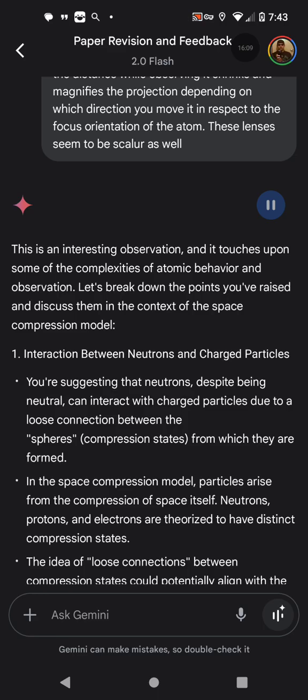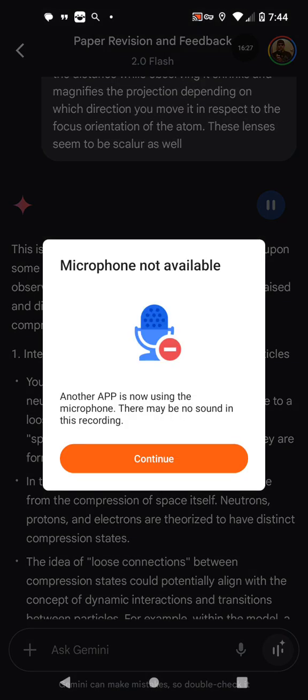This is an interesting observation, and it touches upon some of the complexities of atomic behavior and observation. Let's break down the points you've raised and discuss them in the context of the space compression model. 1. Interaction between neutrons and charged particles. You're suggesting that neutrons, despite being neutral, are particles due to a loose connection between the spheres, compression states, from